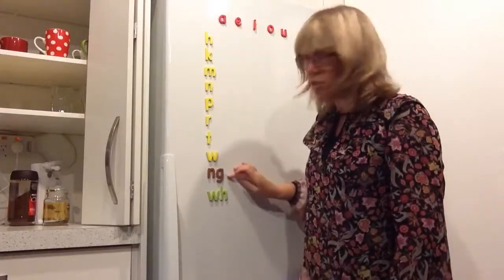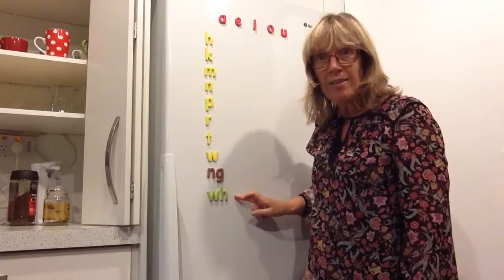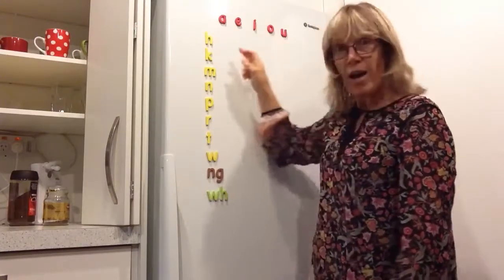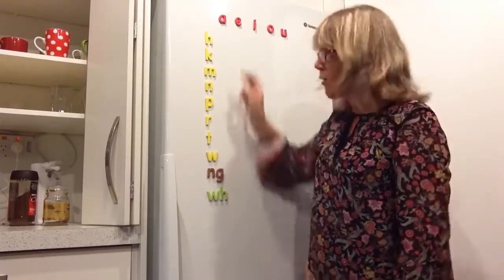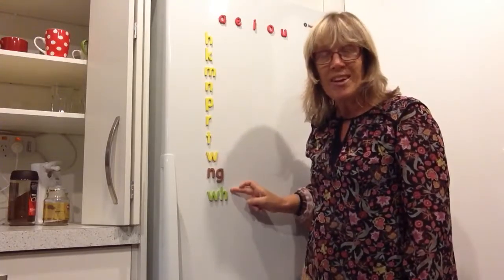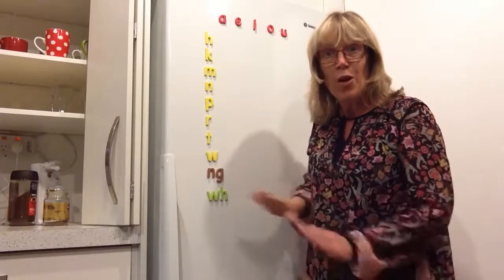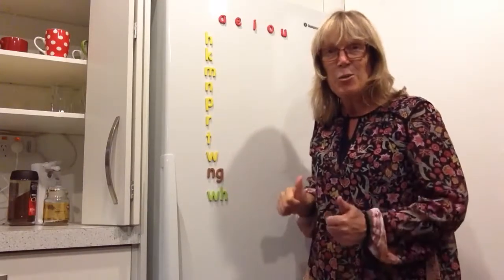And with these consonants here, which we'll deal with on a different day, these are the only other sounds, apart from the vowels, that are in Te Reo Māori. There's just these 5 sounds, these 8, and these 2. So it's actually really doable, and I really believe that if you follow these easy lessons, you'll be gaining in